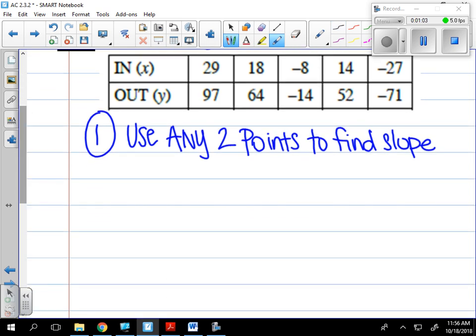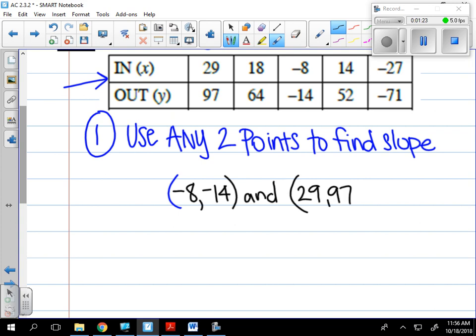So when I say any 2 points, this entire table contains points on a line. So it doesn't matter which ones you choose. So why don't I choose -8, -14, and